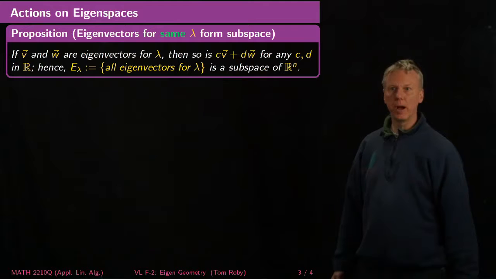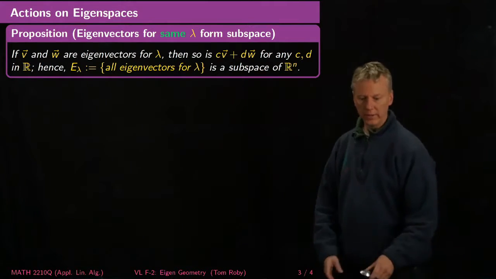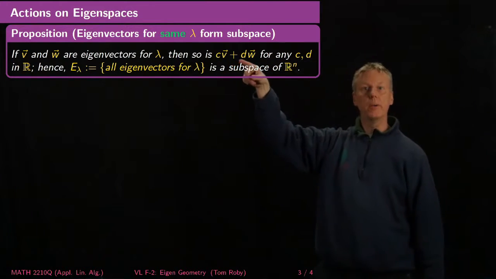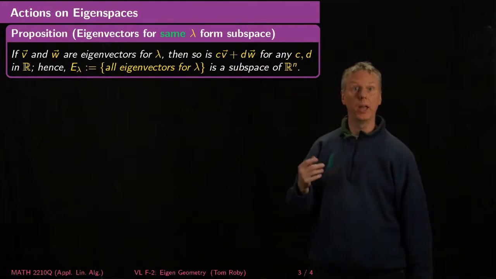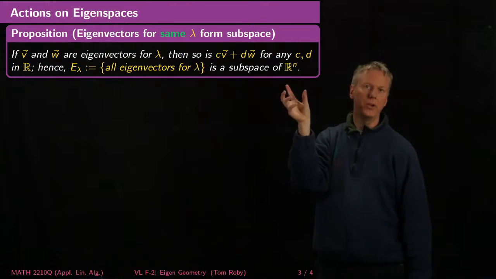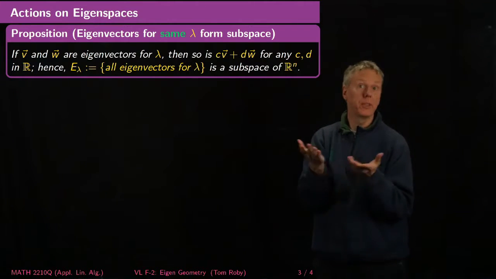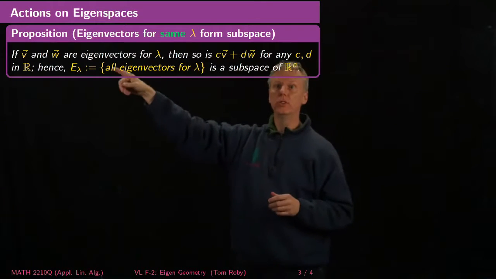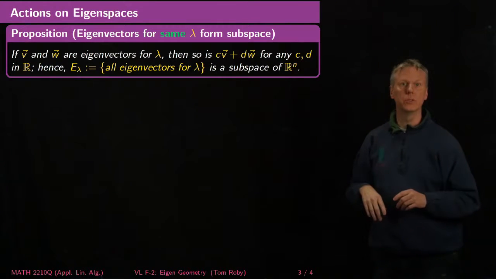So here's the proposition. If you've got two eigenvectors for the same eigenvalue lambda, v and w, then any linear combination of those eigenvectors is itself an eigenvector for the same lambda. You may recall in one of the previous video lectures we saw that if you had added two eigenvectors corresponding to different eigenvalues, there's no reason to expect that to be an eigenvector at all. But if you have two eigenvectors for the same eigenvalue, then any linear combination of those eigenvectors will itself be